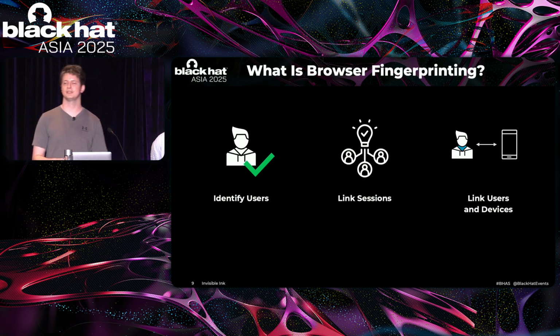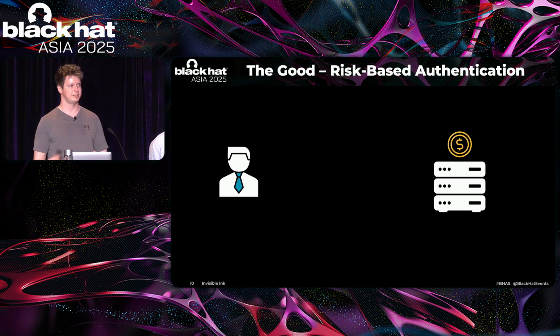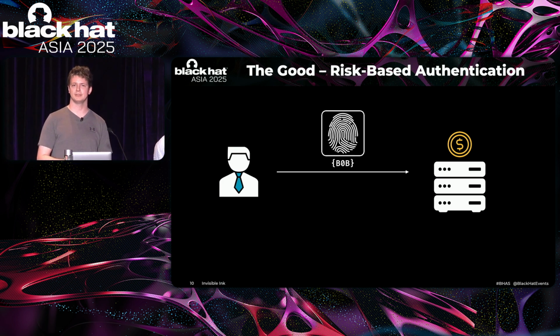Let's first just assume everyone has good things in mind. You can, for example, build risk-based authentication based on that principle. If a user, let's call him Bob for now, tries to connect to his banking server, he also sends along his fingerprint, and that fingerprint can then be used to identify him. The server can then say, okay, that fingerprint actually looks like Bob, everything is fine, and